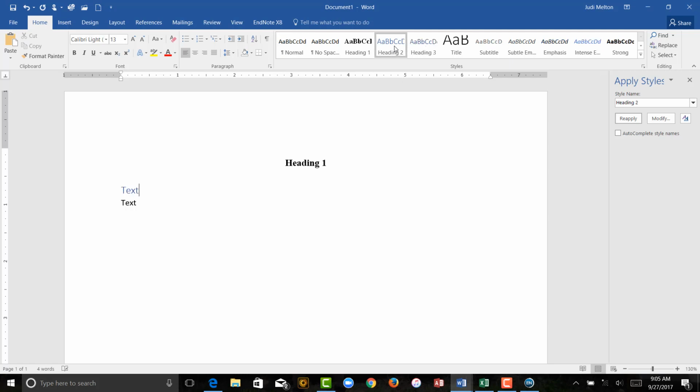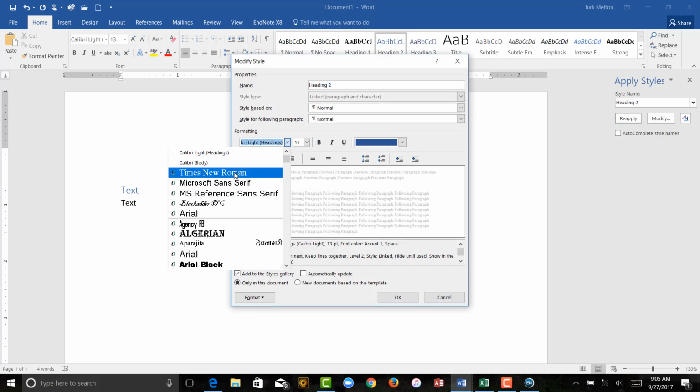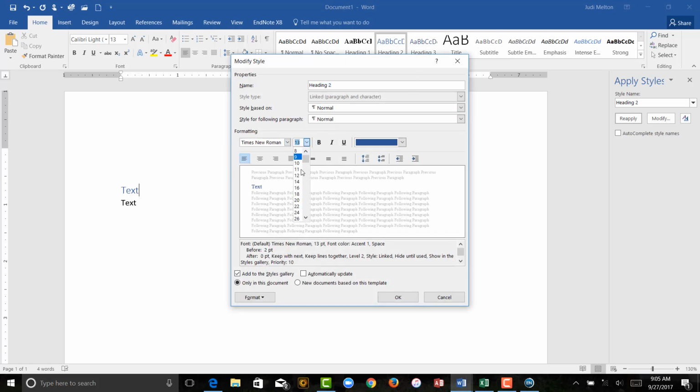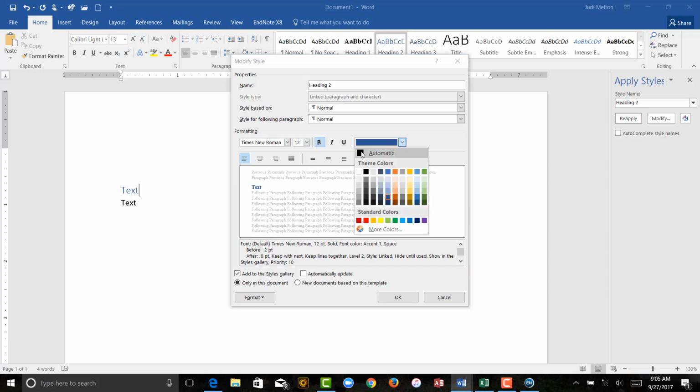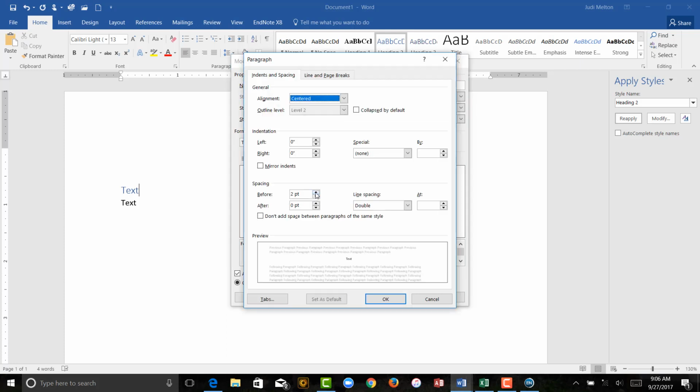Well, first we've made it heading 2 because before it's set to normal. So we want heading 2. We can right click and modify. Again, we want to change it to Times New Roman, 12, bold, and black font. We need it to be double spaced and centered, and we want to add 6 points above and 6 points after,